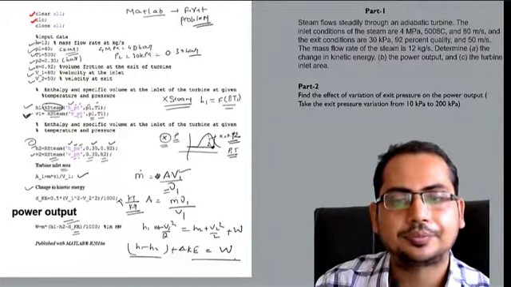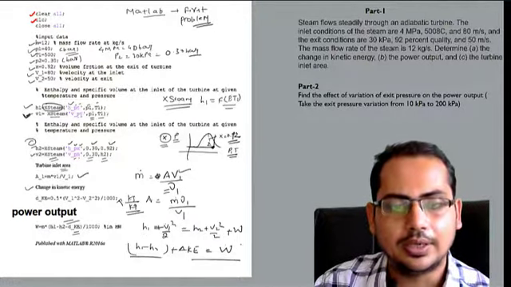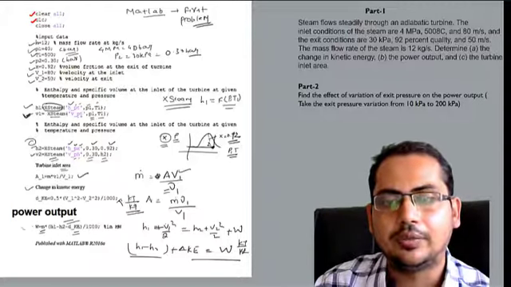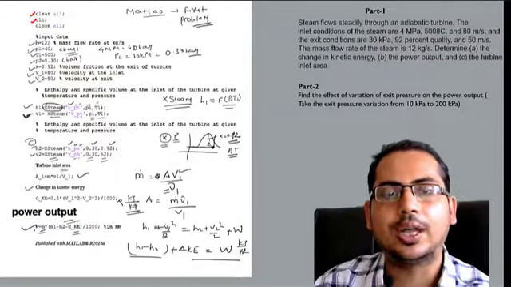That will give basically the work done in kilojoule per kg. When you multiply with the mass flow rate, then you will get the power output. So this is the code for